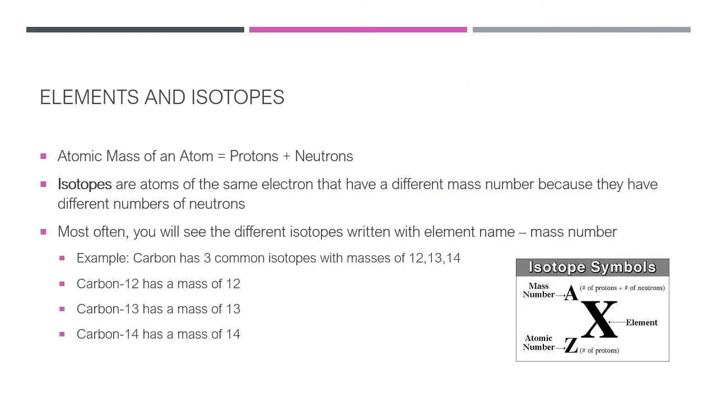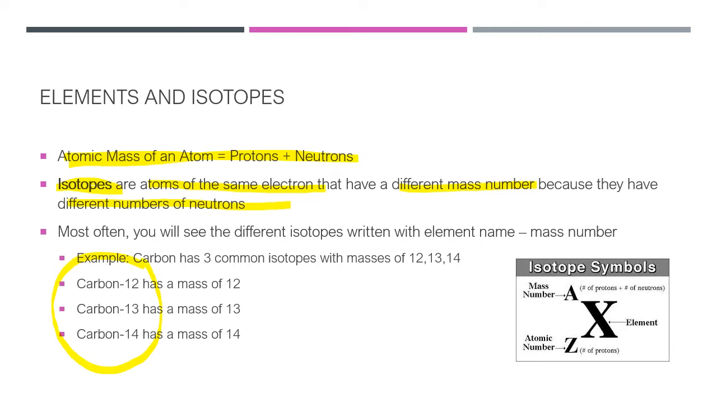Okay, the atomic mass of an element is the number of protons plus neutrons. Electrons don't really play into the mass. They do have a mass, but it's so small we can ignore it. And an isotope is an atom of the same element that has a different mass number because they have different numbers of neutrons. Most often you're going to see isotopes written like these down here, carbon 12, carbon 13, carbon